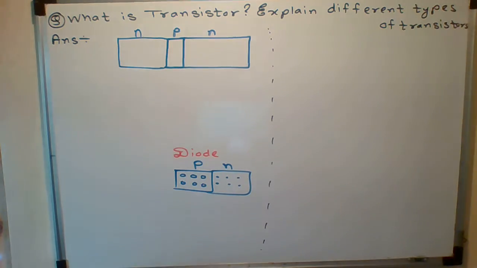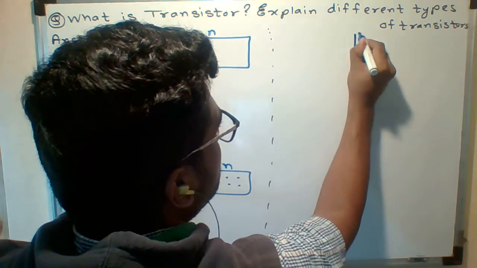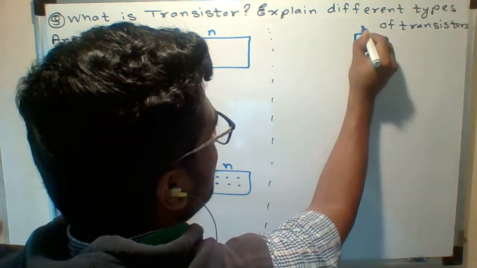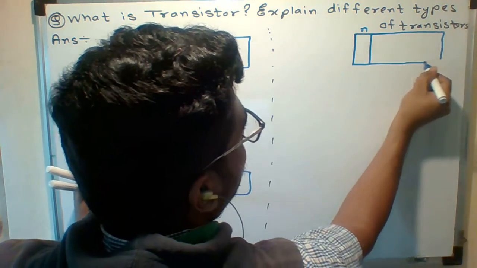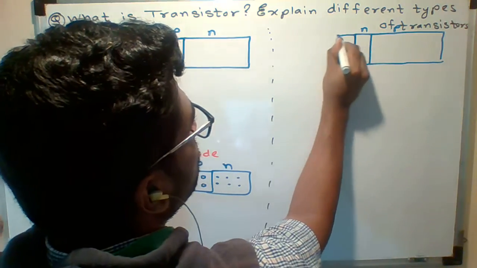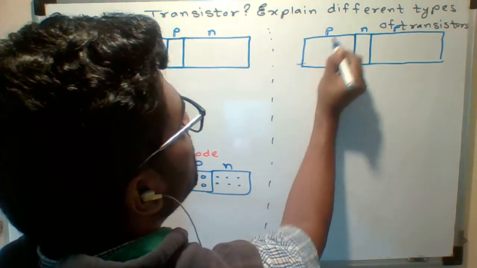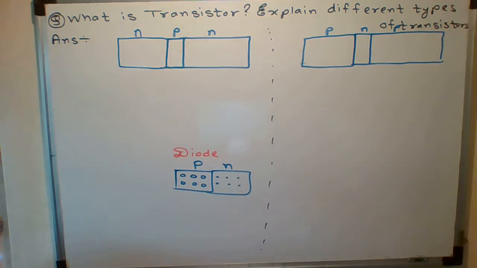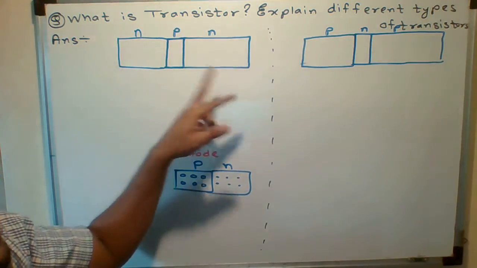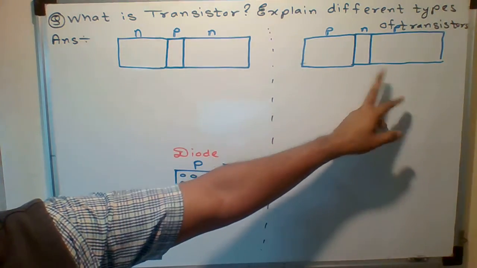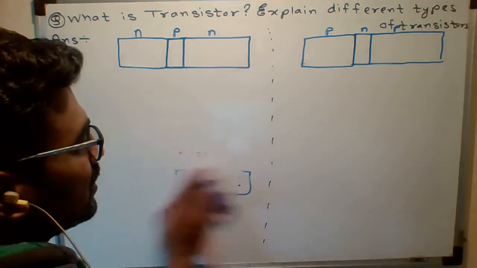But students are asking me, sir, can I sandwich N? Yes. So my answer is, yes, same. There is another type of transistor where we sandwich N type semiconductor. This is P, and this is P. Okay. So here which semiconductor is sandwiched? N semiconductor is sandwiched. This semiconductor transistor is called an NPN transistor, and this structure is called a PNP transistor. So there are two types of transistor we observe, where we use two diodes.